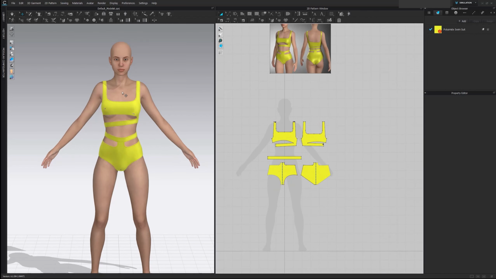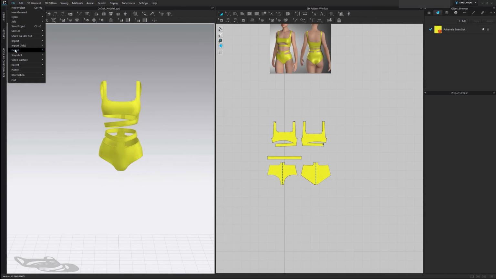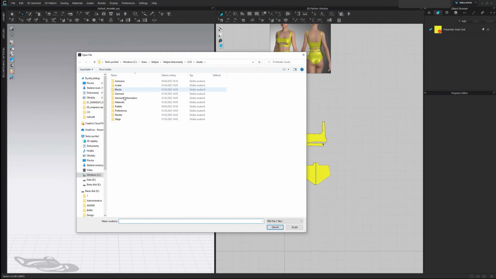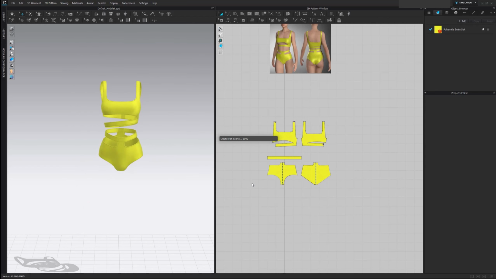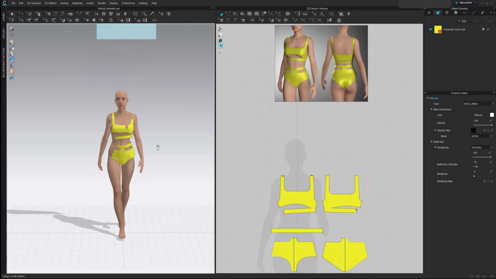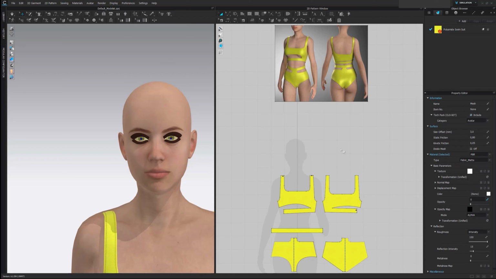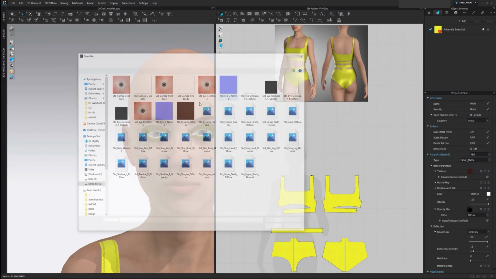So the easiest thing would be to just delete the avatar and import my own avatar, which is here. Okay, my avatar is here. It doesn't have eyes, so I will just